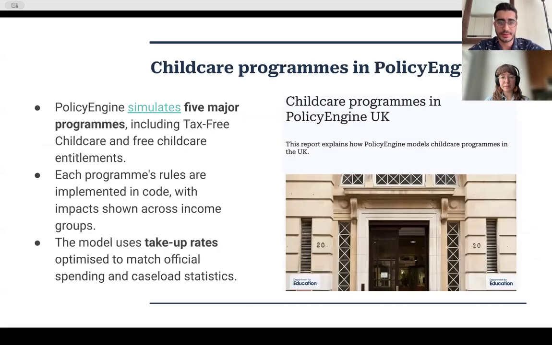The third one is childcare programs. We talked about the childcare programs in Policy Engine in the last training session. But here I want to introduce the Policy Engine program report that we made. In Policy Engine, we simulate 5 major programs for childcare, including tax-free childcare and free childcare entitlements, like